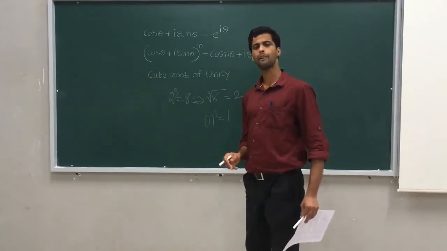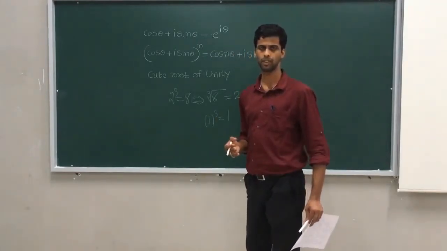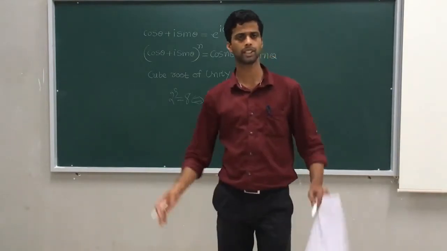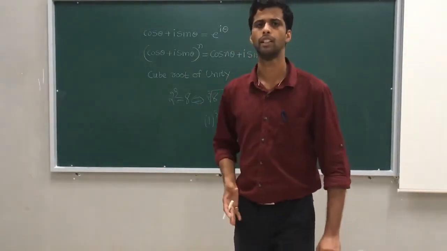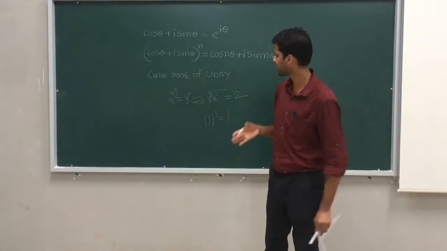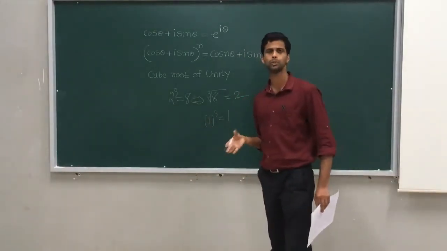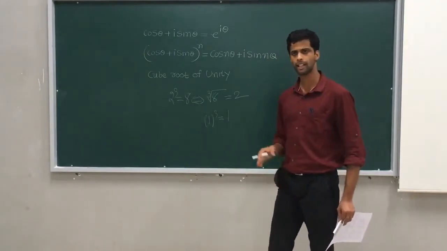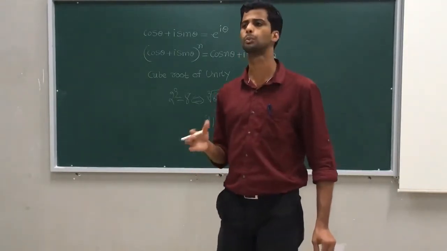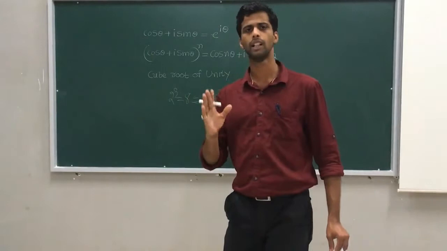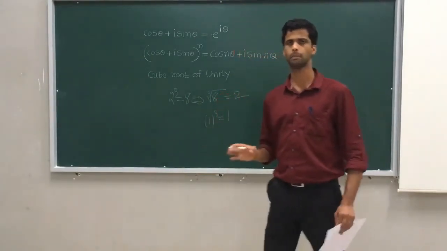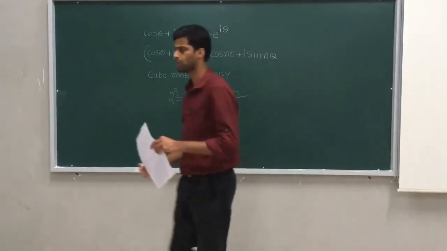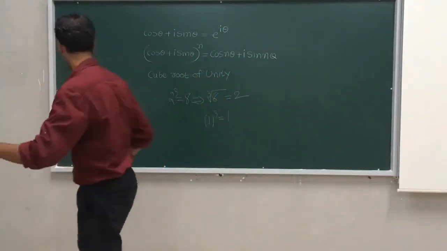Similarly, do you have any number whose cube is going to be 1? You just tell me, do you have any real number whose cube is going to be 1? There is no real number other than 1 whose cube gives you the answer 1. But in complex numbers, there are two more numbers whose cube gives you the answer 1. Such numbers are called cube roots of unity. So there are 3 cube roots of unity.